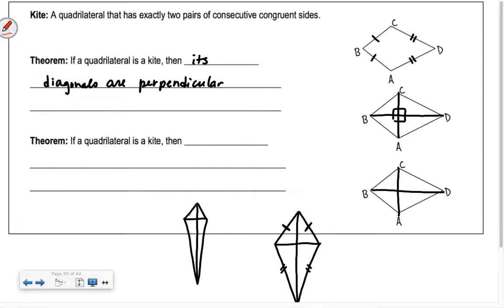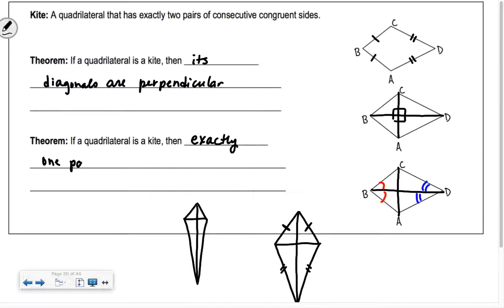So if you look in the real tall, skinny one, you can see that those angles aren't the same. All right, but what angles are the same? Does this one look the same as that one? Think about folding it over on itself. Does this angle look the same as this angle? Yeah. So if a quadrilateral is a kite, then exactly